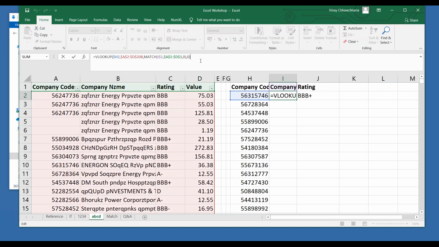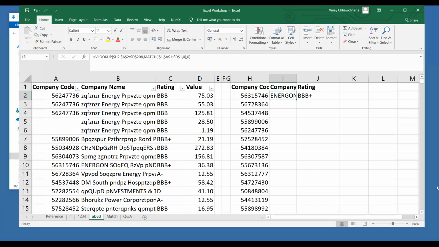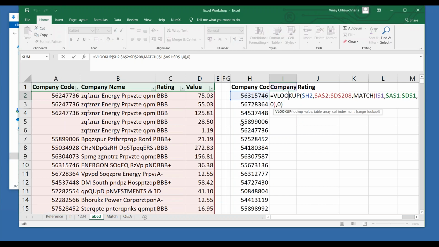For those who are finding it a bit complex, please avoid this for a time. There will be a time where you will learn all this. Now please stay with VLOOKUP if you are finding combining MATCH and VLOOKUP a bit complex. I am just keeping this formula open so that everyone can see.